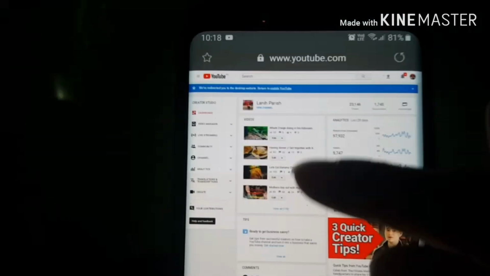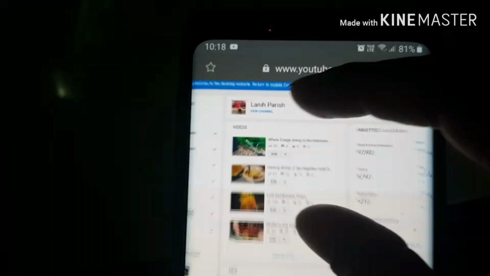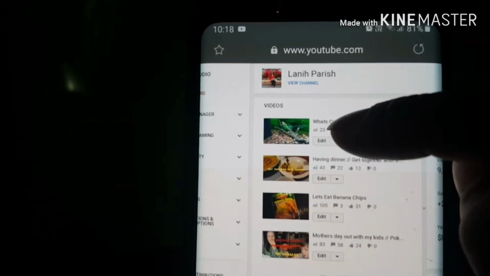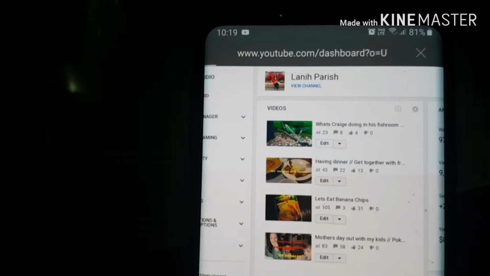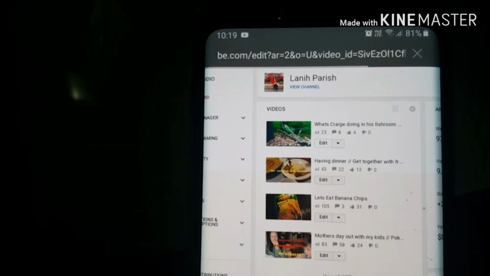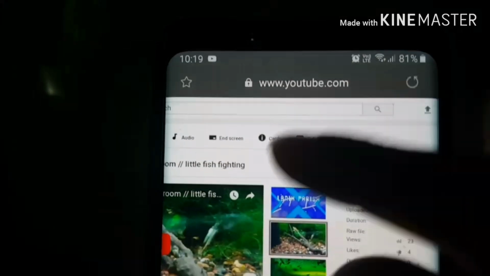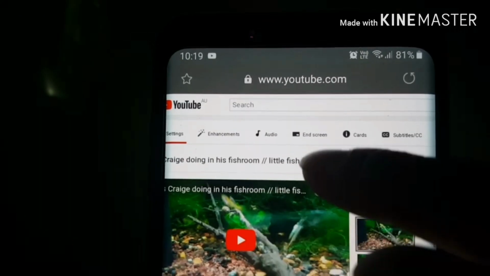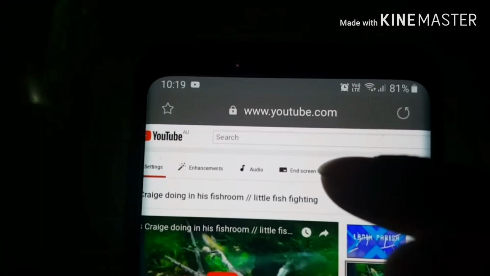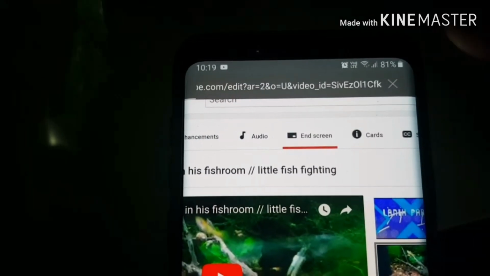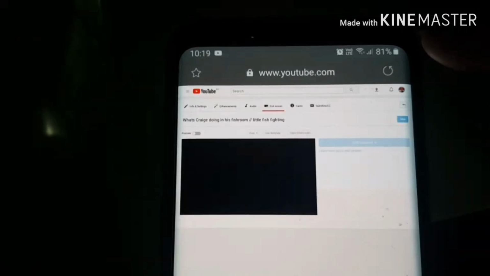And next, your videos come up here, so you can just tap edit here, and then here you go, this one. On top of your video is the end screen, so tap end screen, and then